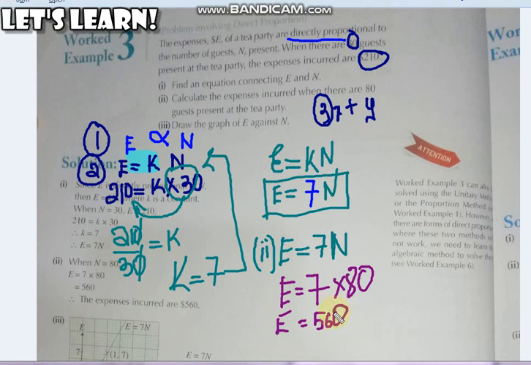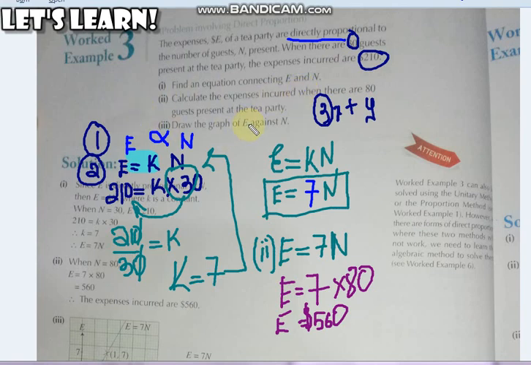So you are measuring the expenses in dollars, so don't forget the symbol, because without this symbol this value will be of no use, since you don't know what value it is. The dollar sign says that it's the expenses, the amount you will be spending for 80 guests. This was all the calculation you have to do for the question given to you, or for the equation you have formed over here.